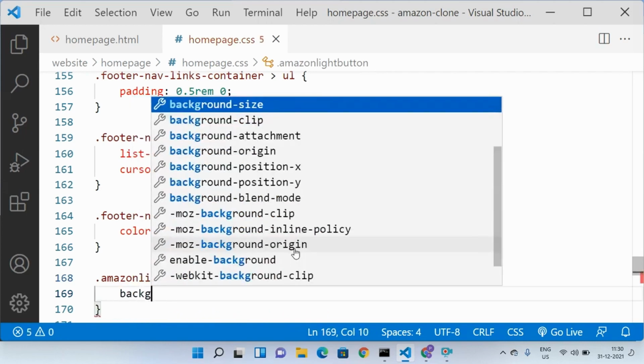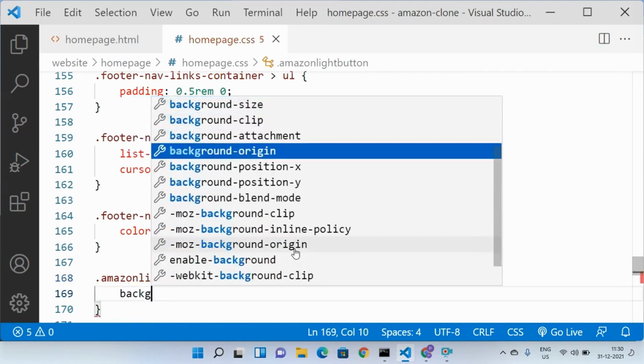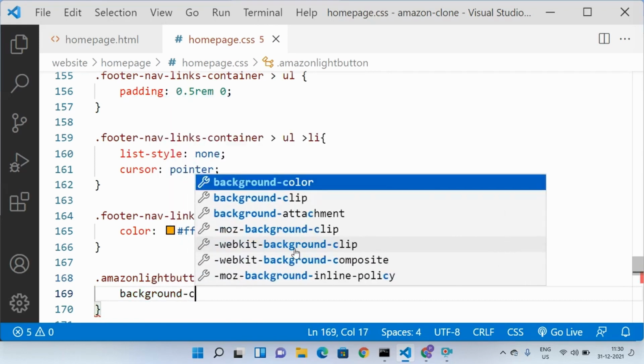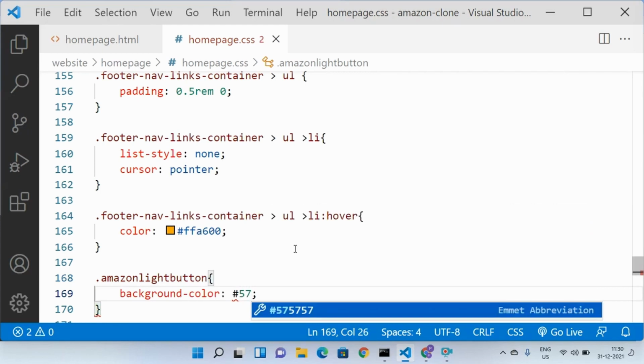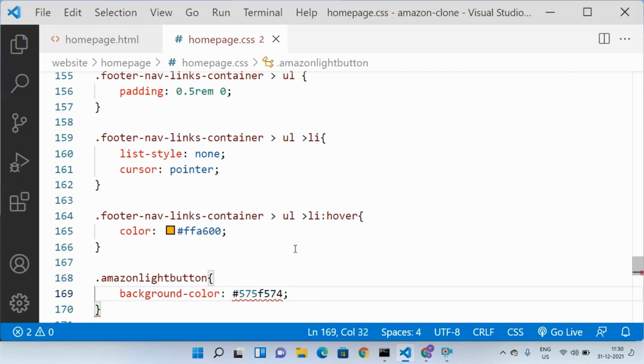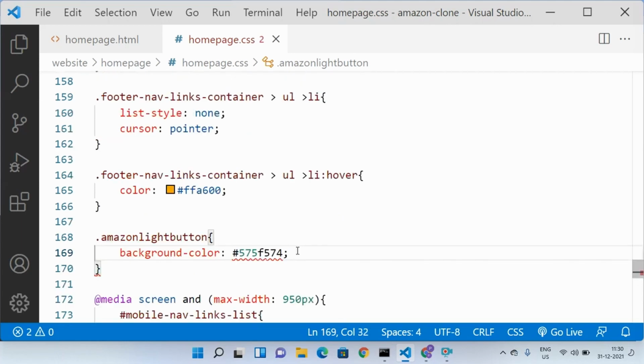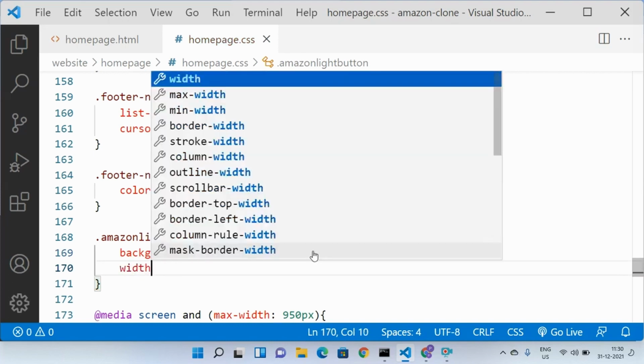Let us give it a background color of 575F74, not 5, which is a shade of gray.